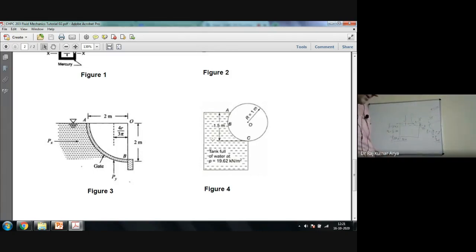So this would be the pressure at the centroid, because this is the pressure only because of the fluid height. You already have pressure inside the tank, so if you add that, that would be the pressure at the centroid. Pressure at the centroid multiplied by area. Area would be h into this W or L, which is your 1 meter. So 1.5 into 1 meter. That would be your horizontal force. So that way you can calculate that.